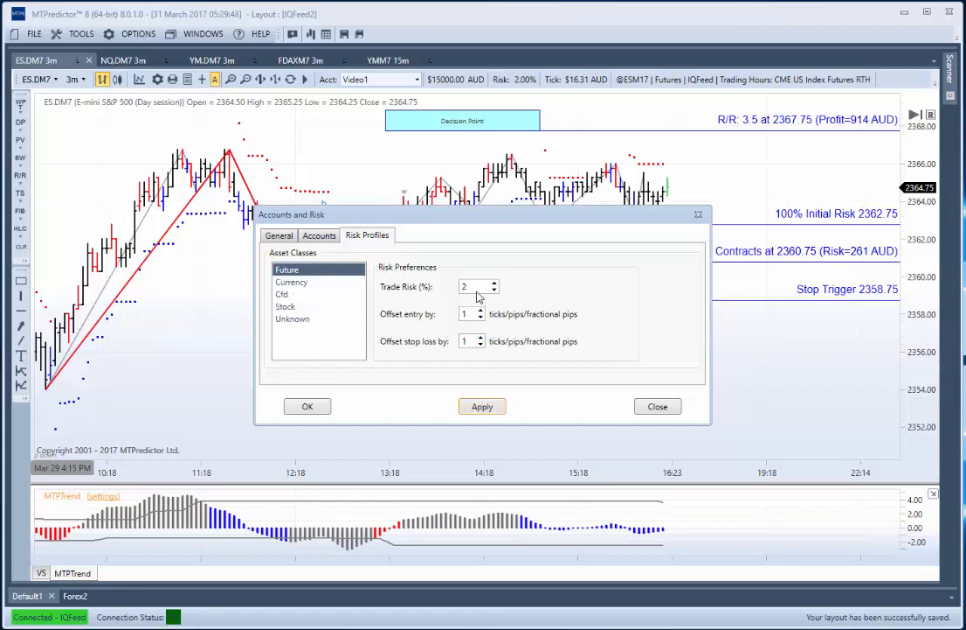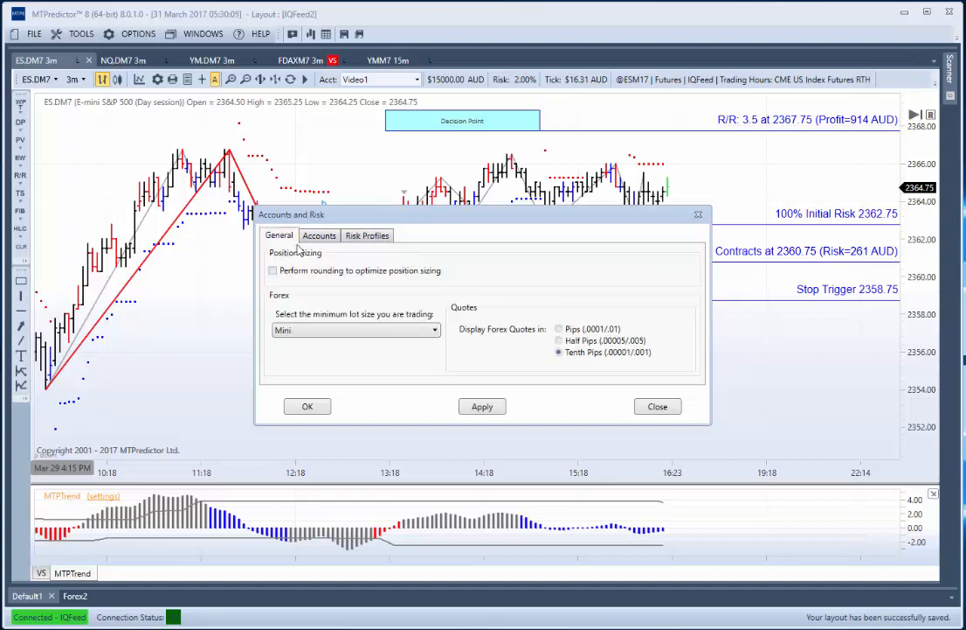So for futures, we tend to do 2% and 1 and 1. For currencies, it's again we've set a default 2%, but obviously you can change that. And the offset and stop, we tend to do 2 and 3 pips. Now the thing you have to be careful of here, you can see it says 20 and 30. The reason it's 20 and 30 is because on the